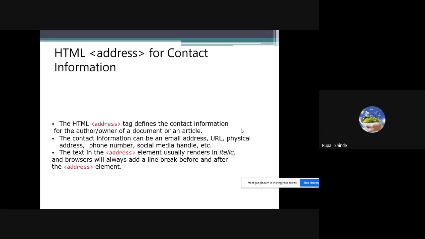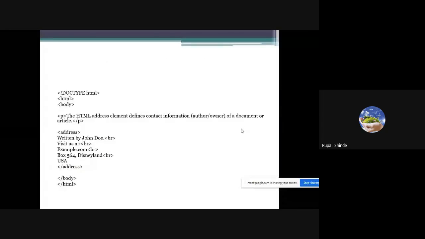So I have the code here, so we have to execute it on the browser and check what happened.